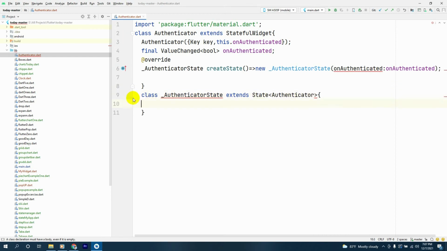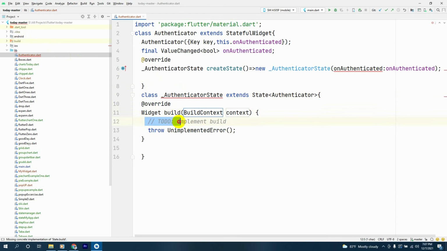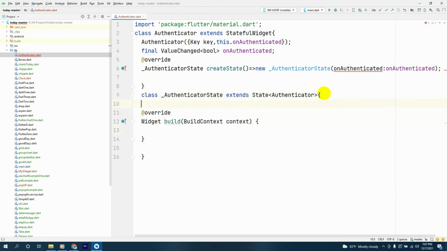And next thing, we'll implement all the missing overrides, and we will remove this from here, and in here